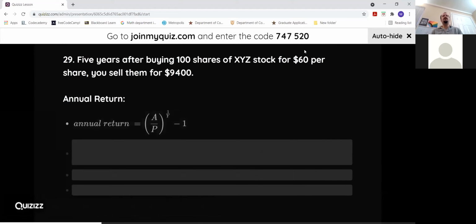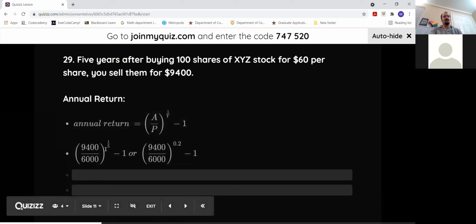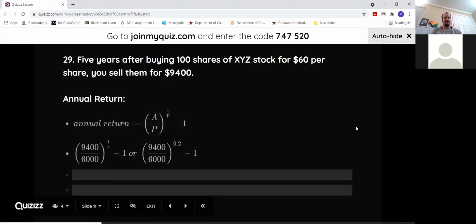Okay, so we're doing annual returns. This is the formula for the annual returns. We are throwing things in there. So my accumulated amount is the 9,400. My principal is a 6,000. If I do 1/5 to my exponents, that might have been where you get that 100 from. Maybe, maybe not. If you do these exponents correctly,